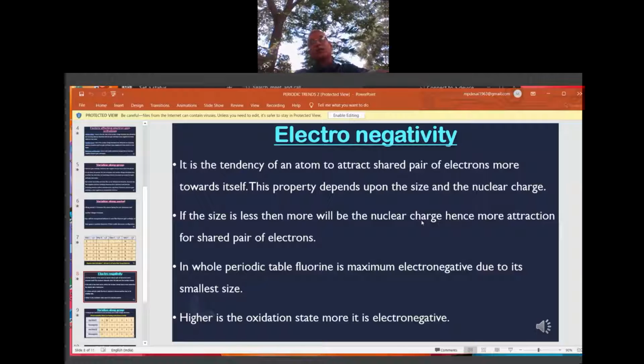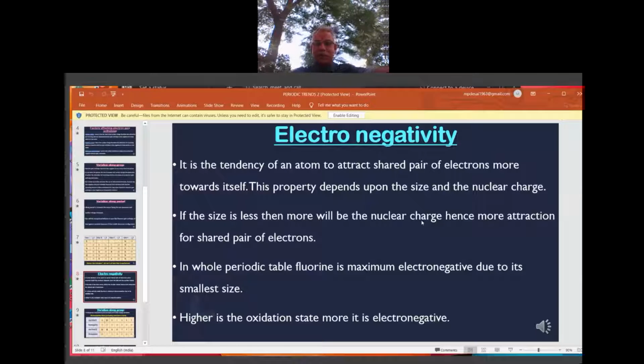One is more, that is chlorine. One is less, that is hydrogen. So the one which is more will withdraw. The one which is less will lose. Okay, it will cooperate. So the one which is losing will get the partial positive, and the one which is accepting will get the partial negative. So the difference in electronegativity will decide whether it is polar or non-polar. Okay, hydrogen non-polar, chlorine non-polar, HCl polar. Okay, so this is what this is called